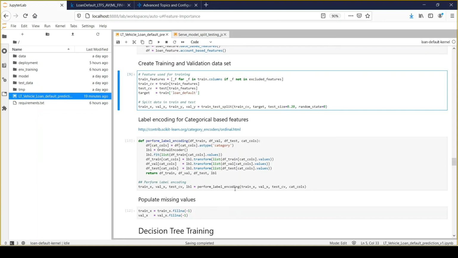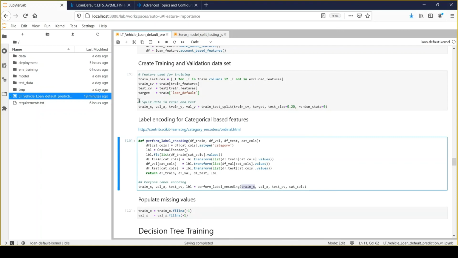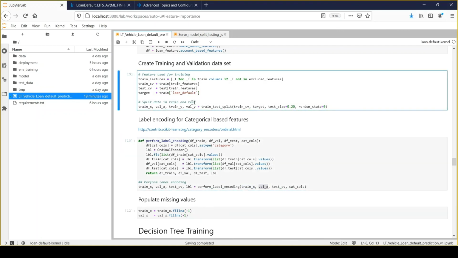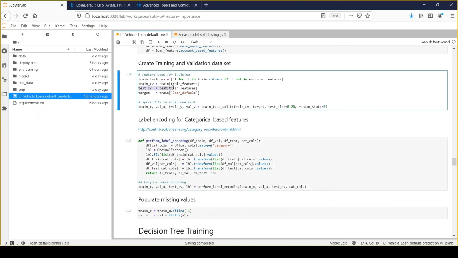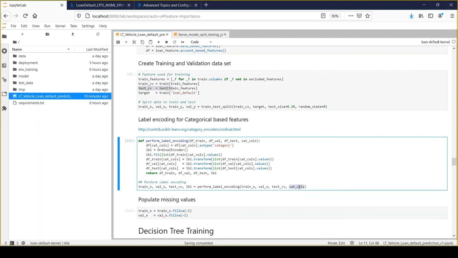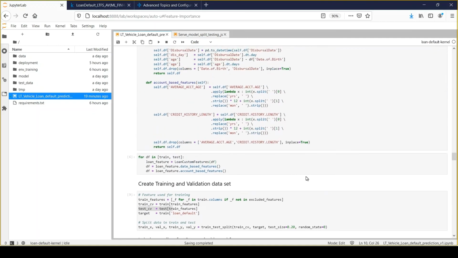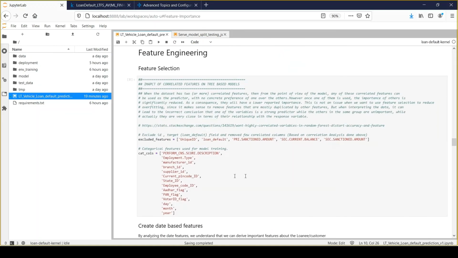That's what I have done here. I am calling this function perform label encoding and passing train x, which we have got from here, validation x, which we have got from the split, and the test CV, where we are taking the entire test dataset, and we are passing the categorical columns. The categorical columns we have taken from here.